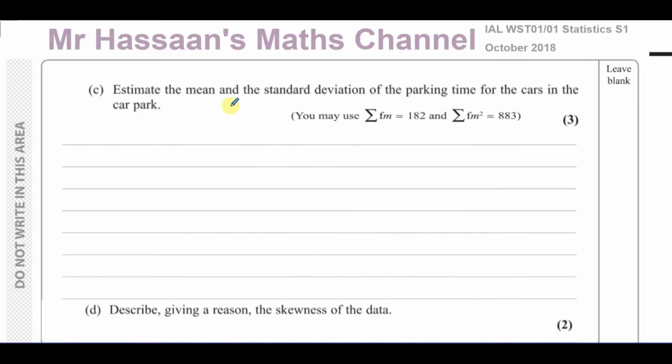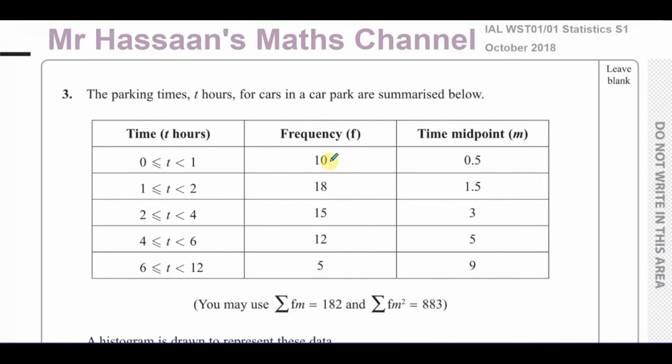Part C says estimate the mean and the standard deviation of the parking time for the cars in the car park. So this is where we're going to use the data that they gave us. Now the mean, you can call it X bar if you want, is the sum of the frequencies times the midpoints over the sum of the frequencies. So this is basically an estimate of the sum of all the values in our table. If we go back to the table, we know there are 10 cars that were parked between 0 and 1 hour. We don't know how long they were parked for, but we say let's estimate that those 10 cars were parked